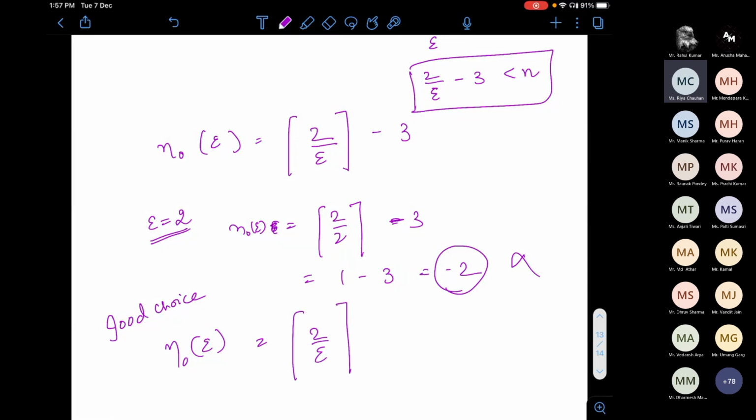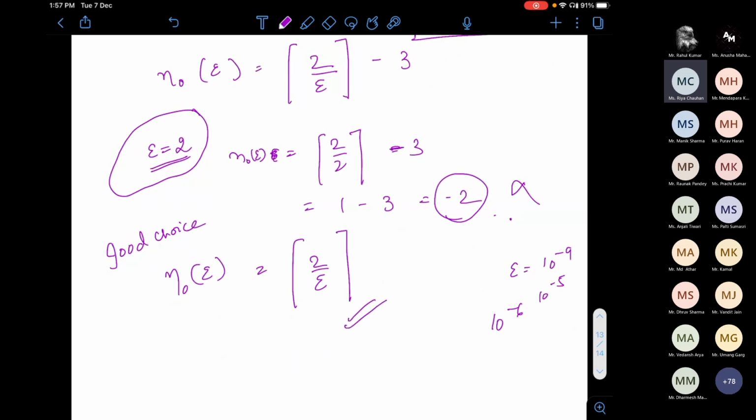Ma'am, can epsilon have any significant value? Yes, when we talk of epsilon, we always talk of very, very small values. Even in the exams, you will get questions like this. But because epsilon can be any positive value, I want to make sure whatever I am writing in the exam is true. If epsilon is big, my answer is not valid. That's why I took this number.